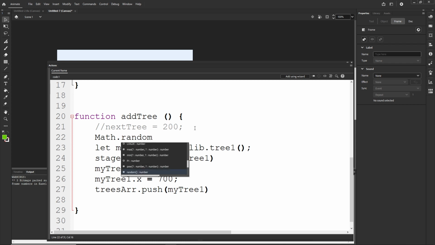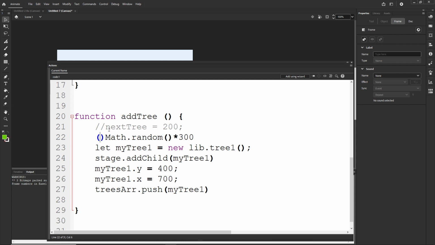Math.random, for example, and we can create the random number. And yes, so I could go maybe like Math.random multiplied by 300, like so, and I can put this in the parentheses like so, and I can set that multiplied by 300 plus 300. So this means that it is always going to be at least 300, and Math.random multiplied by 300 is going to generate me a random number between 0 and 300. So this is going to be between 300 and 600,